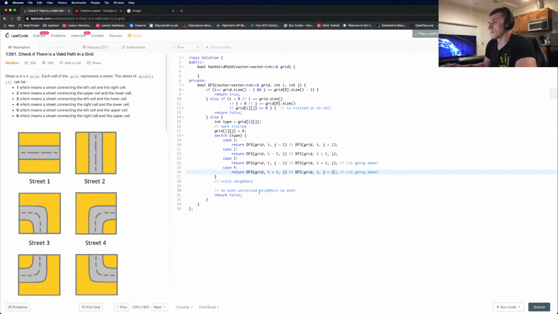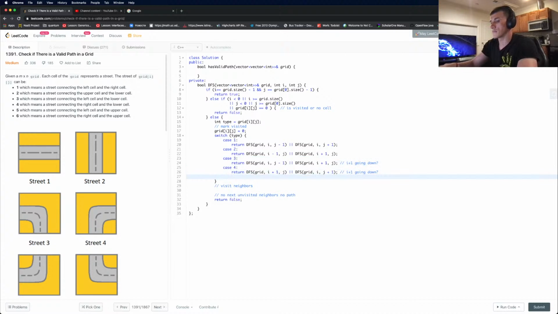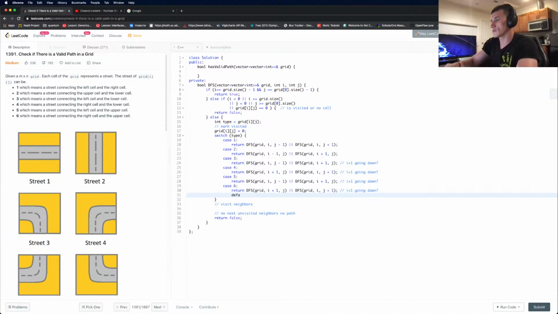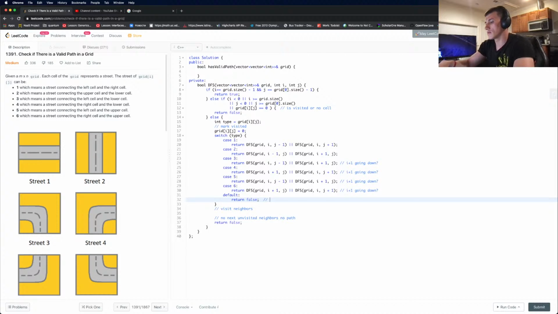And then as you can see, we have only one concern so far, which is 5 and 6. But we can also have default, which is just, let's say, return false. Never get there